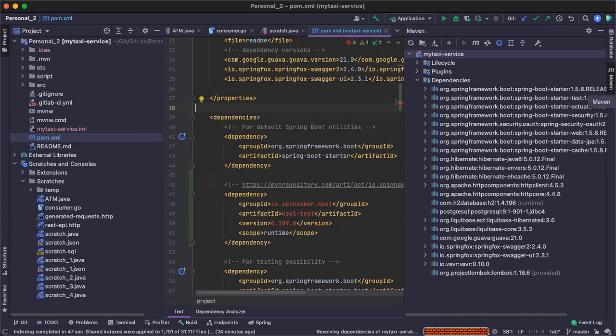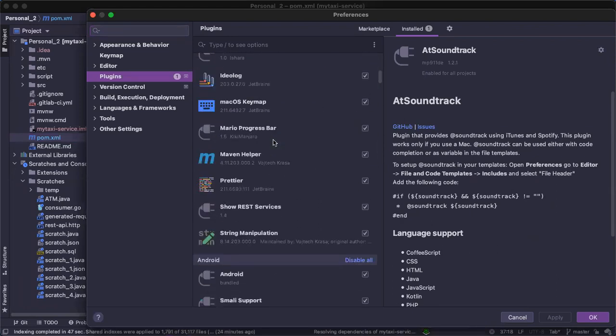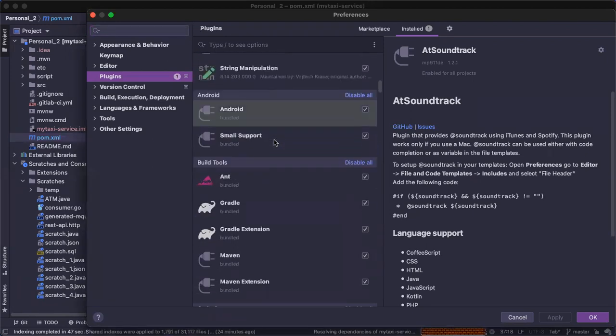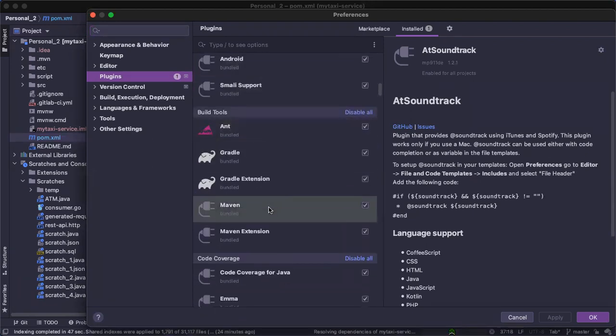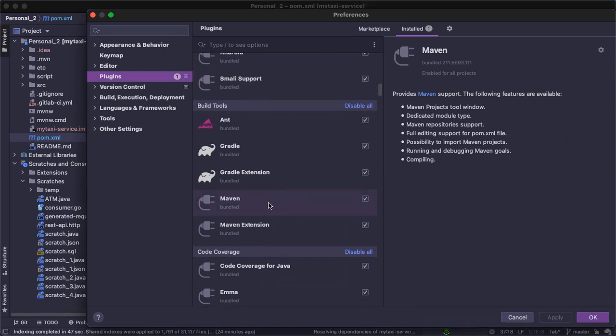But in Eclipse, you have to go and install this plugin separately. After you've done all the setup, you have to install the MVN plugin and the Git plugin separately, and there are multiple open source plugins available. But what I am trying to say here is that everything comes bundled, with native support. We have all the features, so we don't have to install anything specifically.